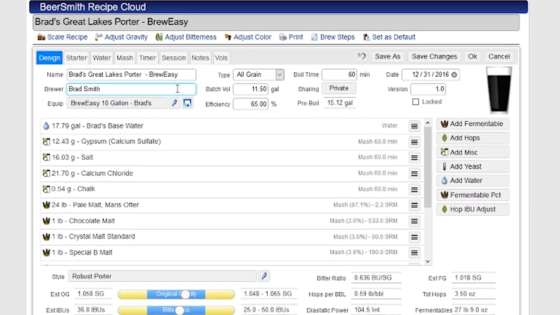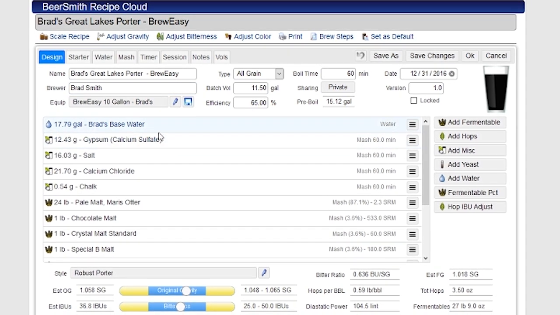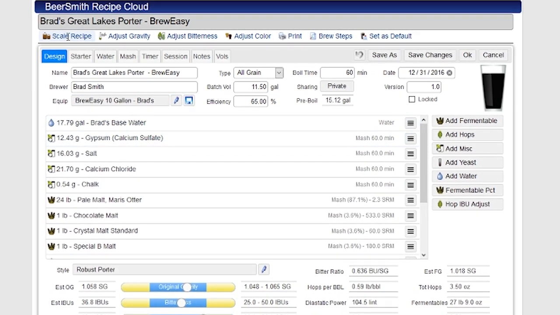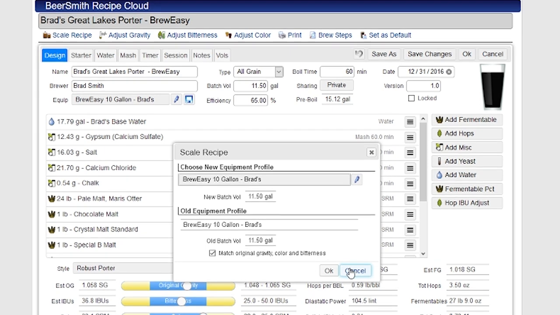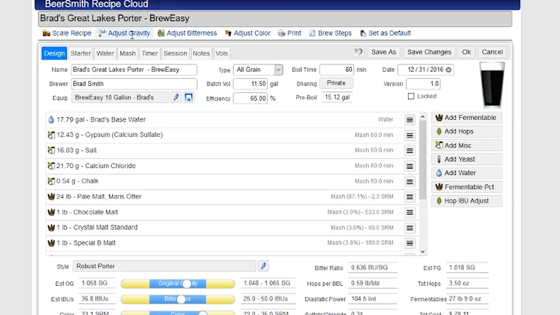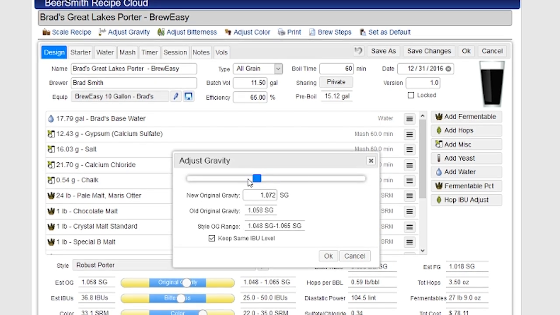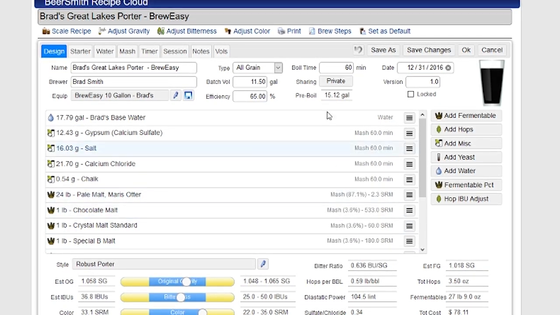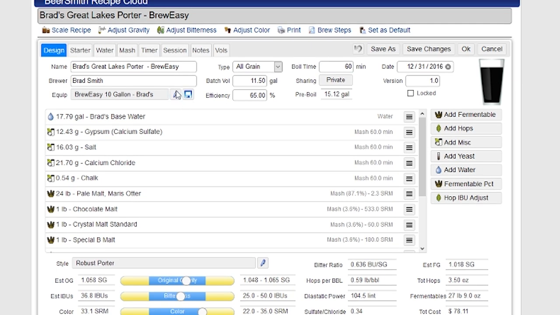you can create your own recipe from here from scratch. You can also take somebody else's recipe and scale it using the scale recipe button. There's a variety of tools here for adjusting your recipe. You can adjust the gravity, the bitterness, the color, pretty much anything you want. Up here at the top,